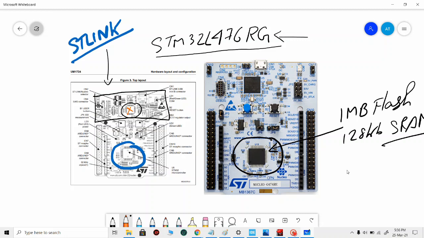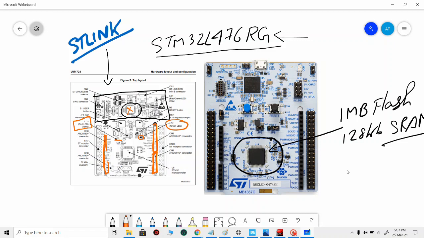This is compatible with Arduino. It has the same Arduino type Morpho connectors, as you can see here, and this makes it compatible to the Arduino shields that are already available in the market. Now we will look a bit deeper into the onboard peripherals and everything that is there. There is one LED that is for power, which is the red LED over here, and there is another LED provided, which is a green LED, which is here. This is the overall configuration.